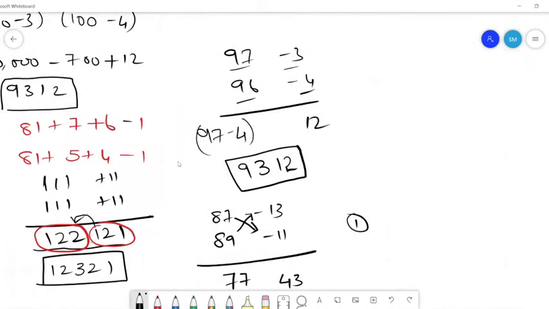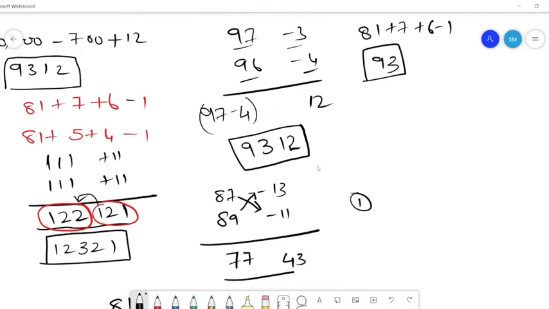Okay, so for 97 and 96, what you told was 81 plus 7 plus 6 minus 1, 5, 12, 93. That 81, how she got is that she multiplied 9 into 9, right? Yes, she multiplied 9 into 9. Okay, fine. This will actually always work. Will it always work? I was off by 1.